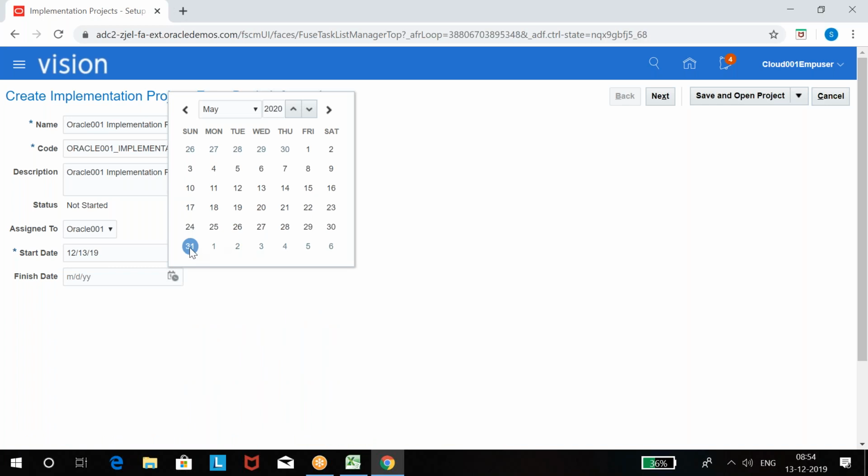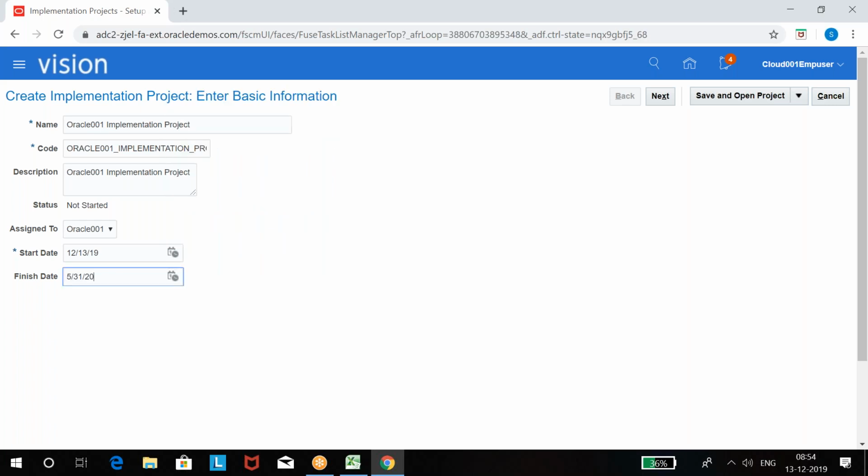You give a promise to the client, right? We will finish your project by so and so date. So that date you can select as the finish date. By that date, the system gives you an alert on that day that your project is finished. So if some tasks are pending, then you have to come to the project and remove this date. If you remove it, again it will become active. So the finish date will be a deadline for your project. It's an indication of the deadline for your project.